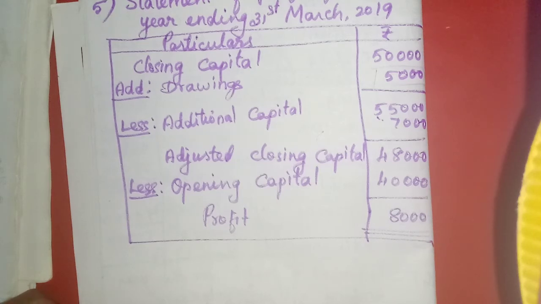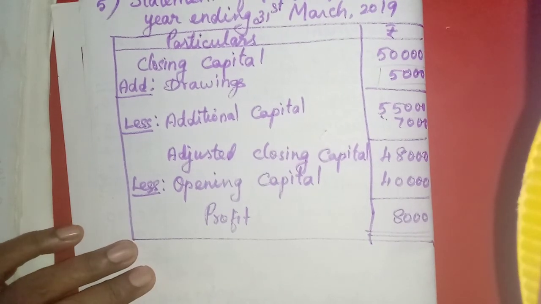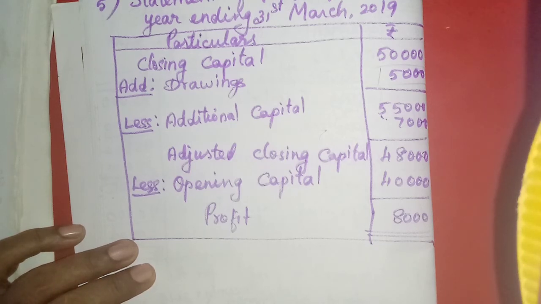Okay students, so today we have learned 3 exercises and 3 illustrations. Tomorrow we will learn the next method, that is statement of affairs. A little improvement from this type of problem. That is also simple only, but a little more we have to do, but it is easy only. Okay, thank you students.